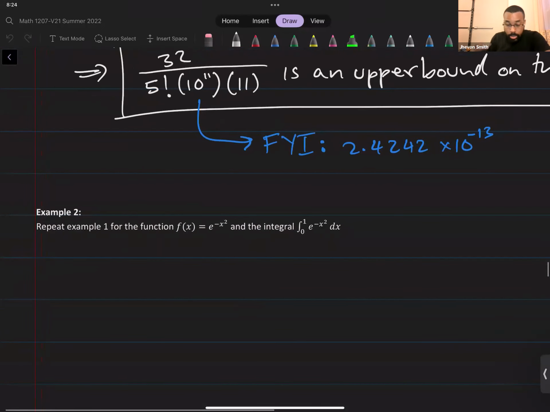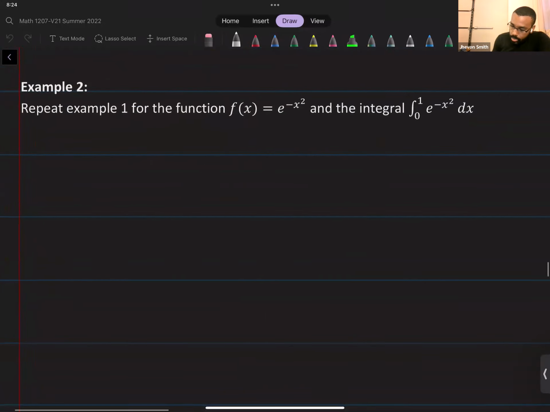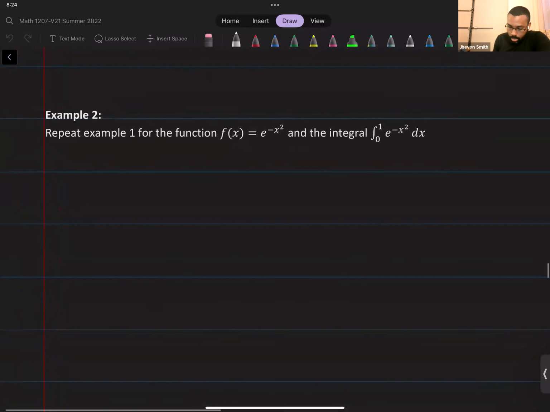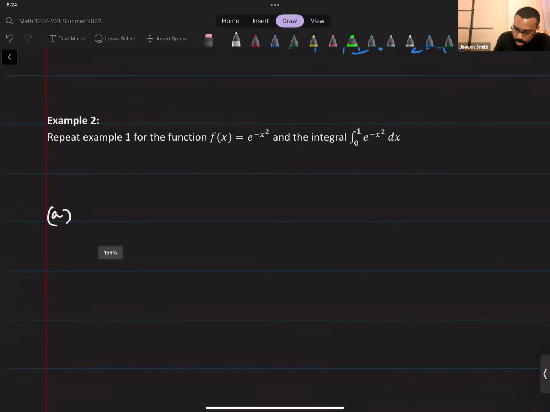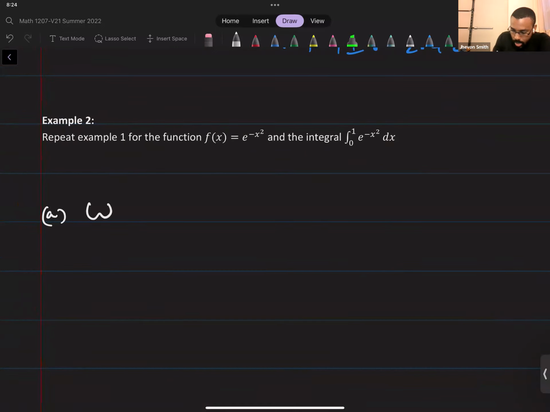And again, remember e to the minus x squared doesn't have an elementary antiderivative. You wouldn't be able to think of a function where when you differentiate it, you would get e to the minus x squared as the answer. So if I ask you to approximate the integral 0 to 1 and tell me how far off your approximation is if you use two fractions, you'd first start by finding a Maclaurin series for the e to the minus x squared. So we know